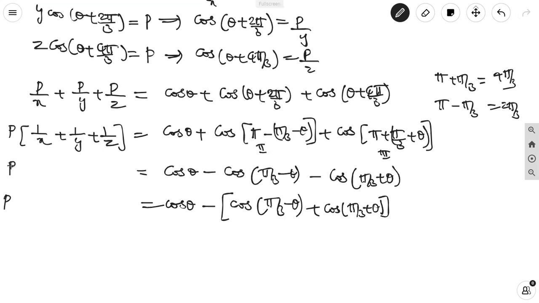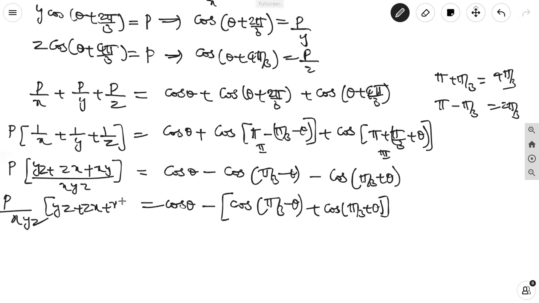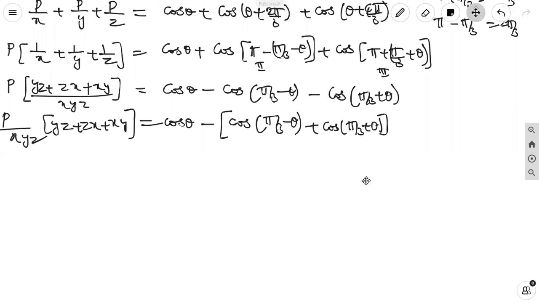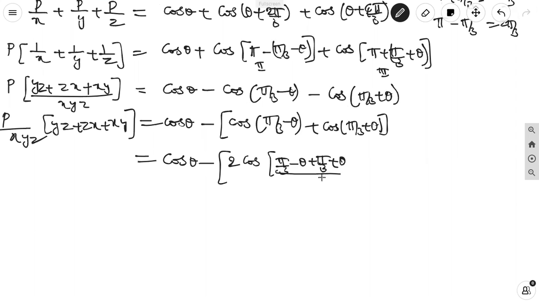Here on the left side, taking the LCM: (yz plus zx plus xy) by xyz. So P by xyz into (yz plus zx plus xy). That is the left hand side terms. Here the right hand side we can simplify using cos C plus cos D. Cos C plus cos D is 2 cos of (C plus D) by 2, that is (pi by 3 minus theta plus pi by 3 plus theta) by 2,